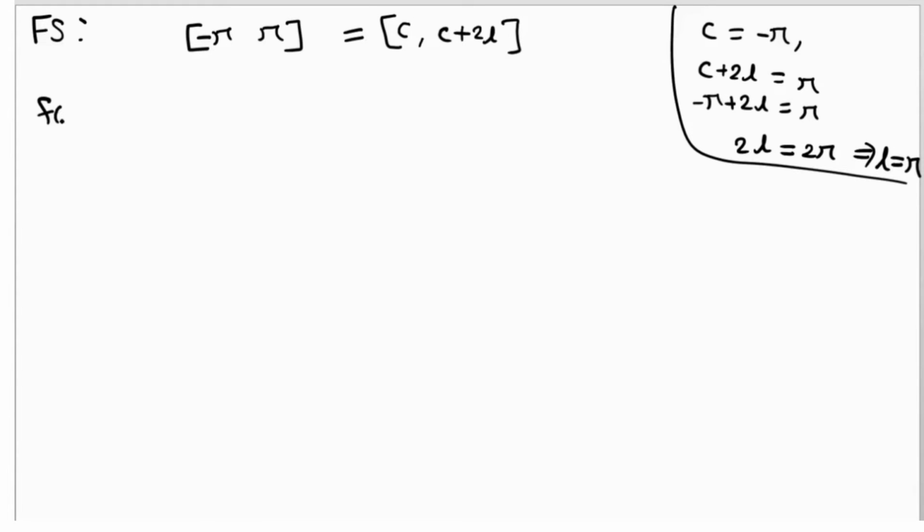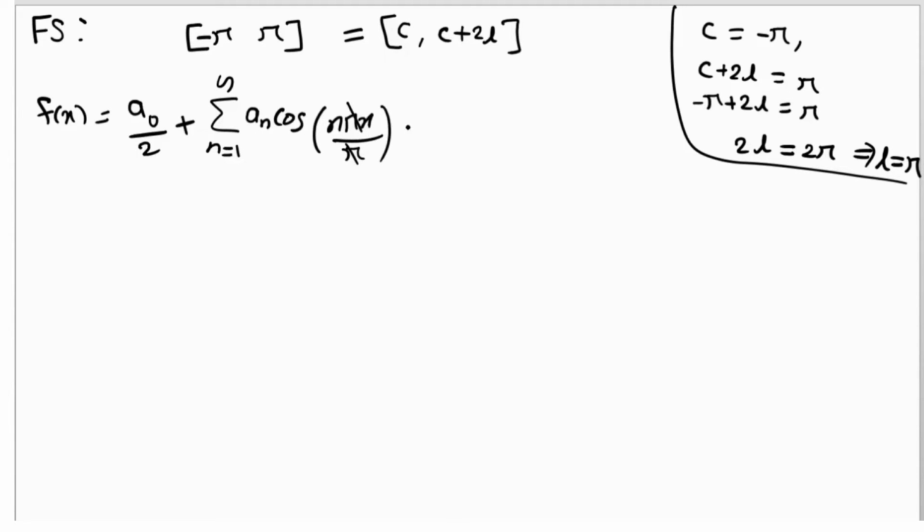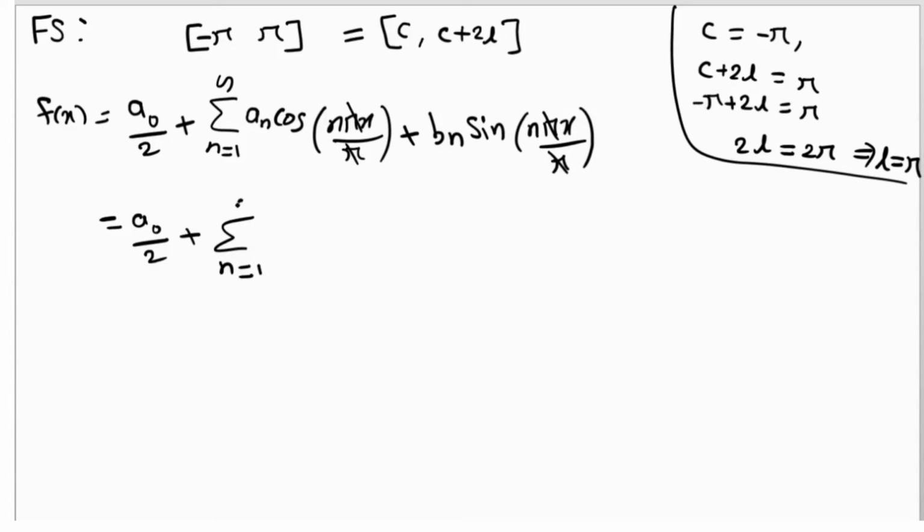Therefore, the Fourier series for the function f of x is: first term a0 by 2 plus summation n varies from 1 to infinity an cos(n pi x by L). What is the value of L? L is pi. So this pi gets cancelled, plus bn sin(n pi x by L). L is pi, so this pi gets cancelled. That means it is a0 by 2 plus summation n varies from 1 to infinity an cos nx